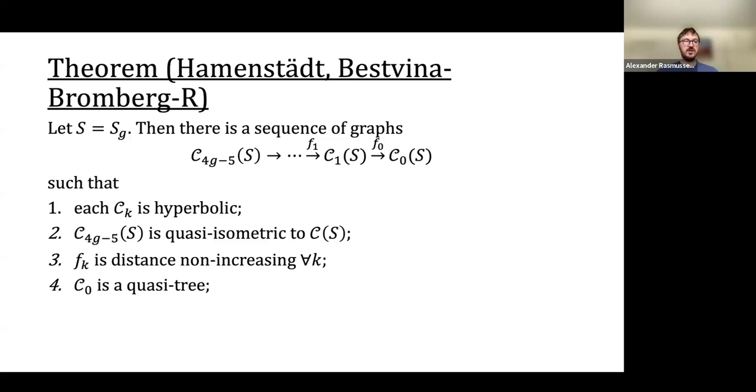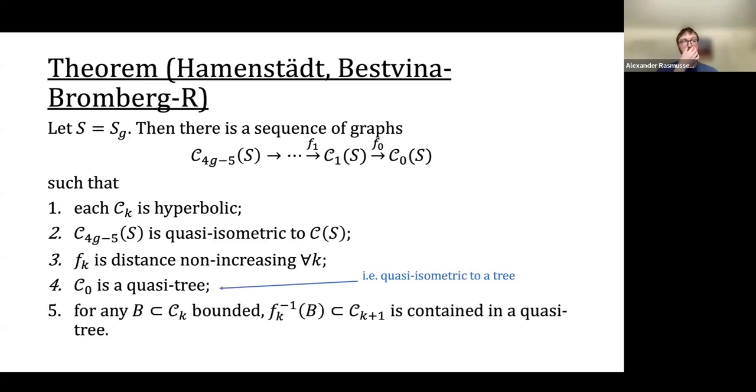The graph at the bottom of the sequence is a quasi-tree, meaning just quasi-isometric to a tree. And lastly, for any bounded set inside of one of these graphs, C_k, its pre-image in C_{k+1} is contained in a quasi-tree. So the last point is probably the most mysterious. So we really want to think of this theorem as building the curve graph up out of quasi-trees. So we kind of think of the graph at the top of the sequence as the curve graph. And then